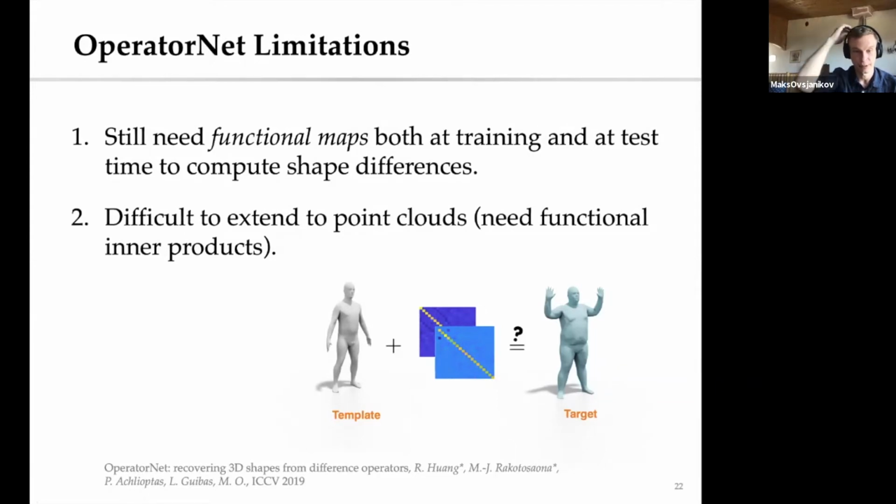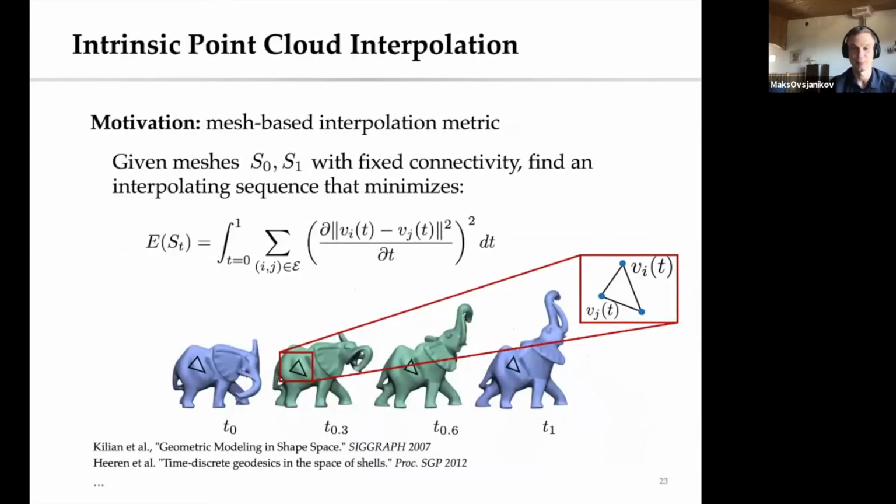And going back to some of the contributions that have been made at SGP, there's a very nice formalism for doing shape interpolation. It's based on a simple energy, which has been extended significantly, but in the simplest form, the energy looks like this. Suppose that I have a pair of shapes represented as two meshes with a fixed connectivity. How can you find an interpolating sequence between these two shapes? The idea is to look at all of the triangles in the triangle mesh, look at the edge lengths of those triangles, and measure the derivative in time of the squared edge length,